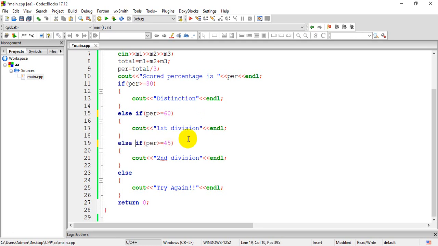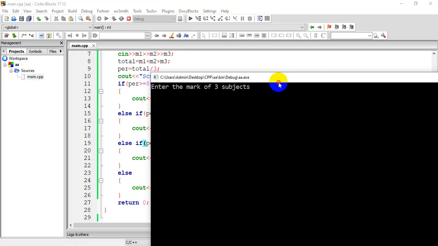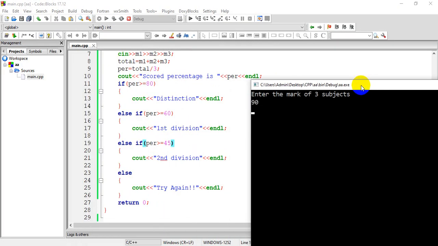Else if, and the program is built and run, and there won't be any problem whatsoever right now. 90, 90 and 90. Average is 90. 90 is greater than or equal to 80. If the test condition is true, do this. Distinction is displayed. In the meantime, 90 is greater than 60 and 45 as well, but